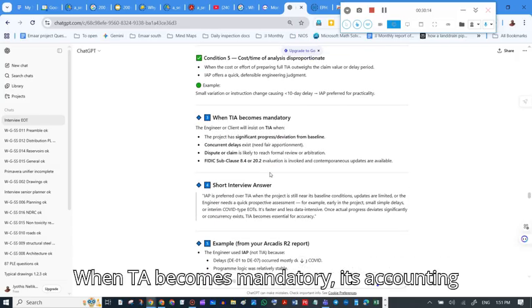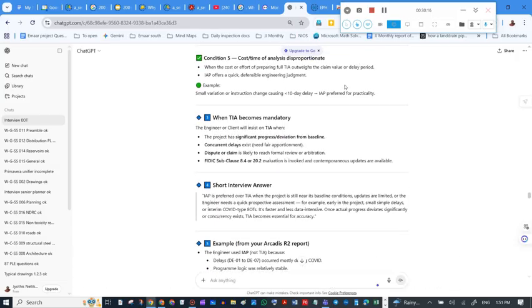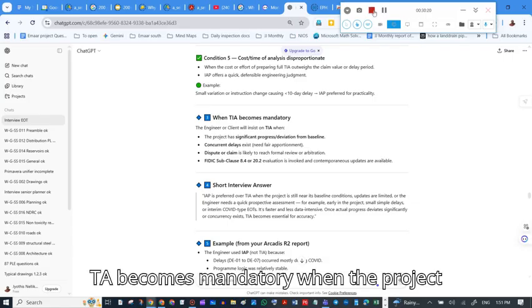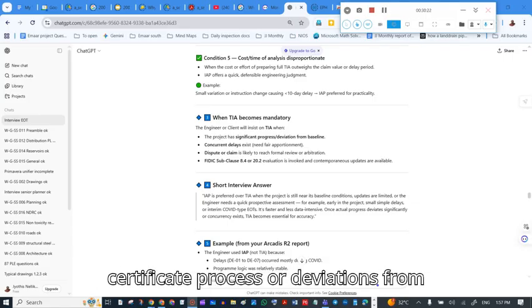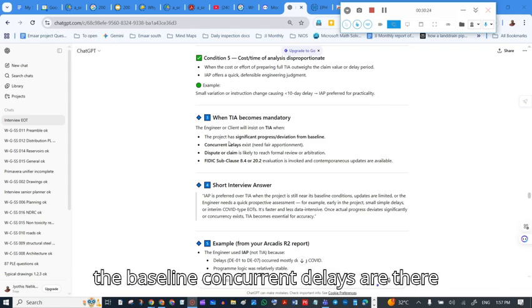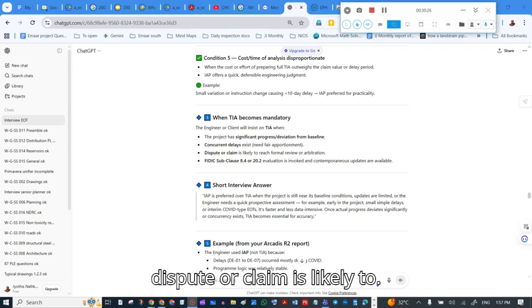When TAA becomes mandatory: when the project has significant progress or deviations from the baseline, concurrent delays are there, a dispute or claim is likely to